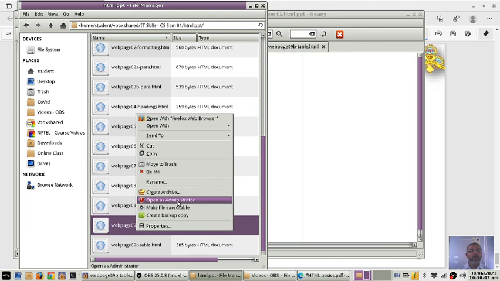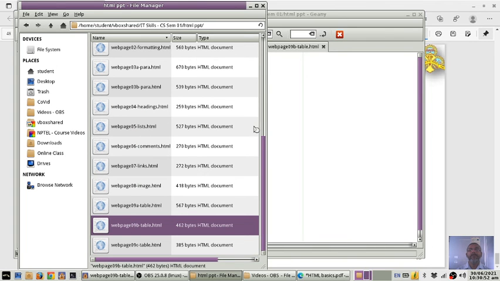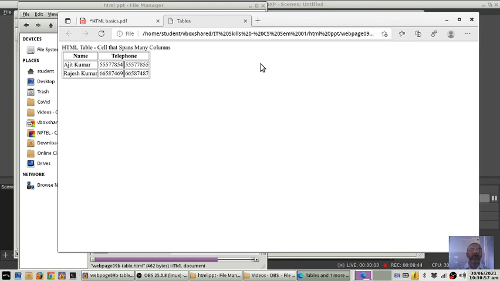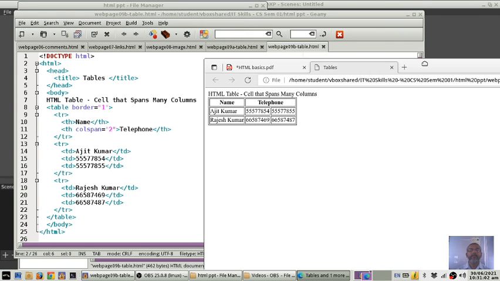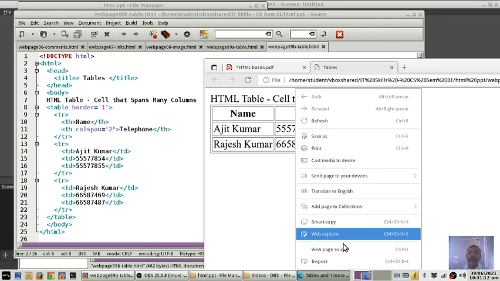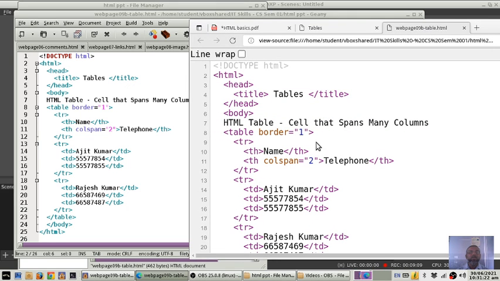I'll open the code file in the browser. Here the cell spanned into multiple columns. If you go to the view page source, you will get the same code that has been displayed in the editor window. Same here.